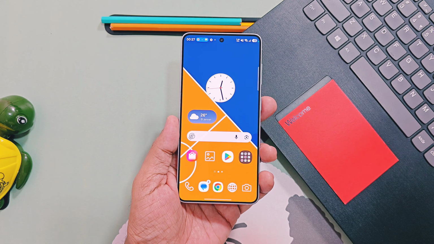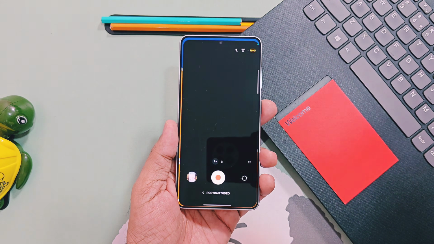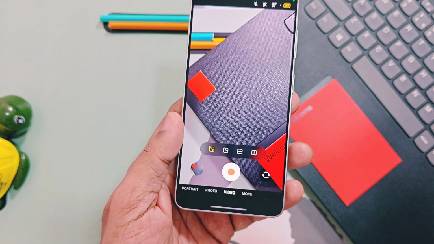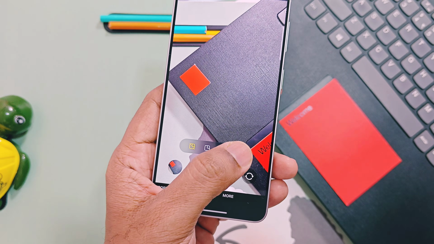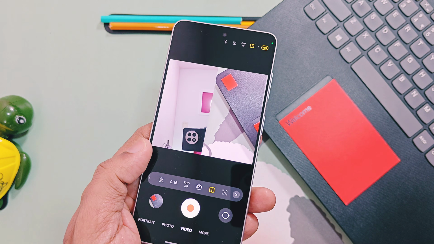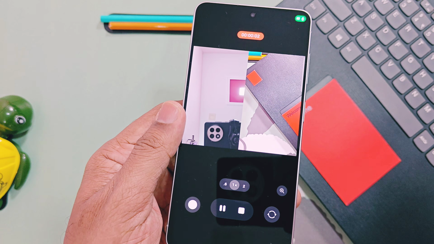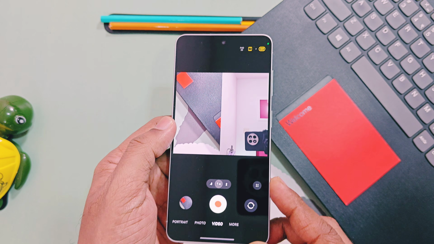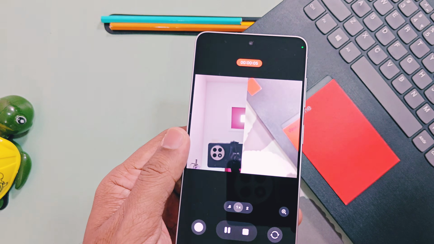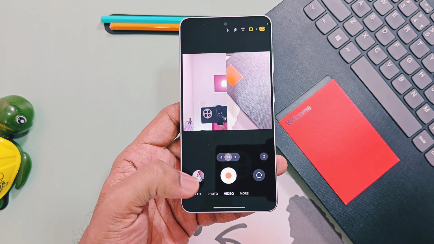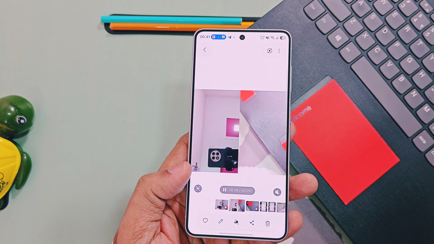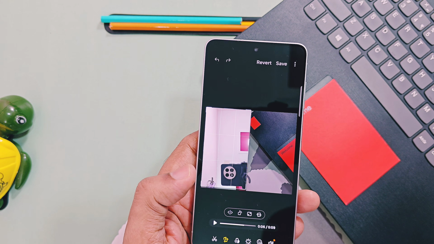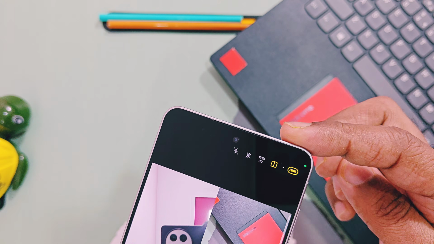The next feature in One UI 9 is that Samsung has added a new vertical layout option for dual recording in the camera application. This is especially useful for recording Instagram and Facebook Reels in the 9:16 aspect ratio. You can record using either the front selfie camera or the main rear camera. You can also edit the dual recording later and separate the front and the rear camera videos. However, this mode currently only supports 1080p at